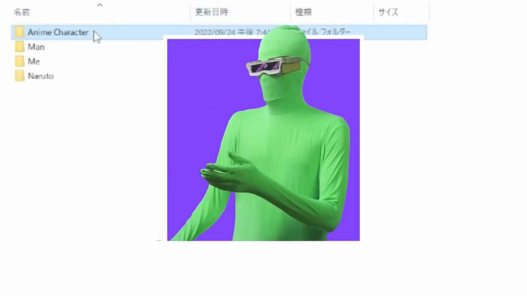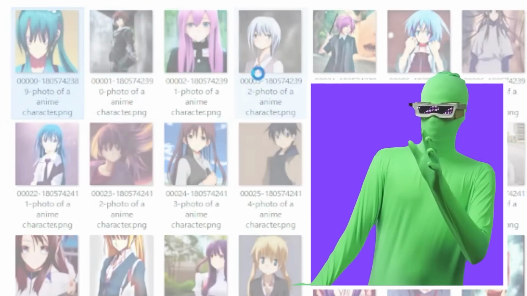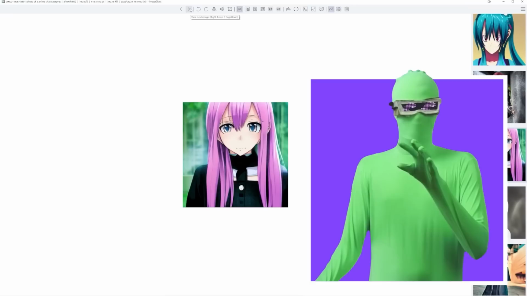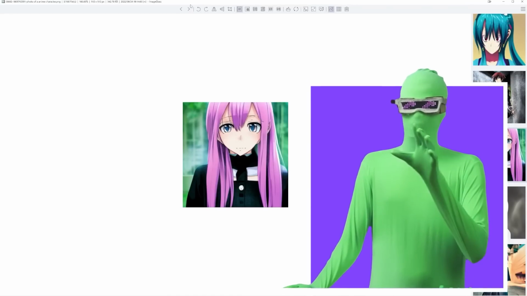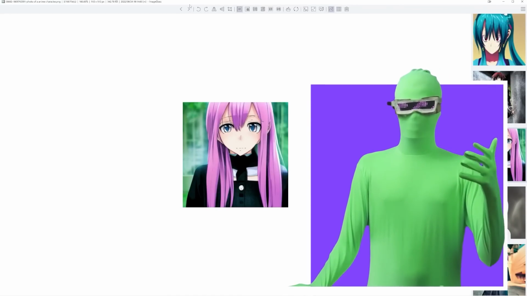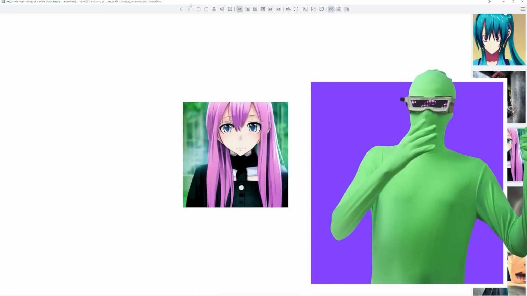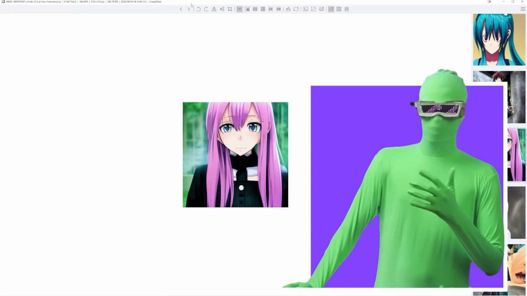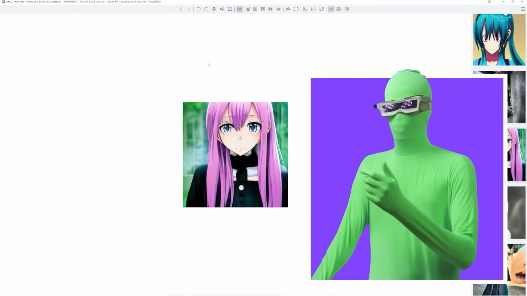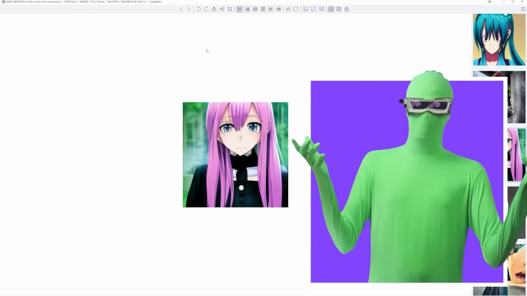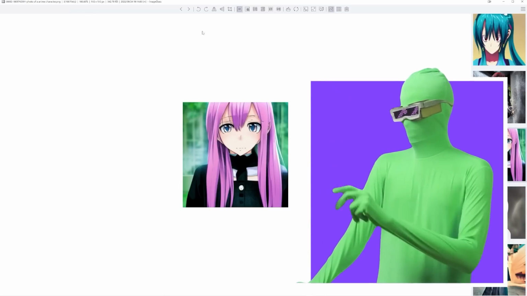So if you go into the folder with anime character, you'll notice that these were images generated by Stable Diffusion. You see that these images are kind of sketchy. They're not really good. Stable Diffusion isn't the best at generating anime images. There's a different model that's better at doing that. Maybe it might be better for me to use Waifu Diffusion, which is a better model for generating anime stuff. I don't know, but I'm doing this just to test how Stable Diffusion would handle something like this. I want to do the two things, the anime character and the human character as well, to show you guys. I haven't tested this as yet.